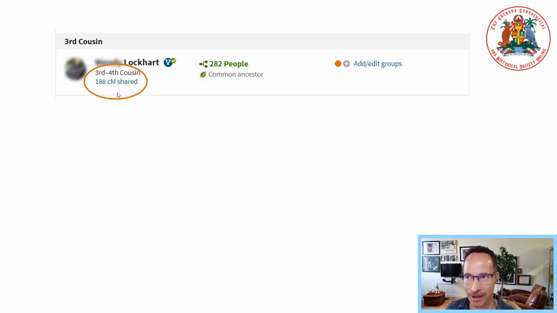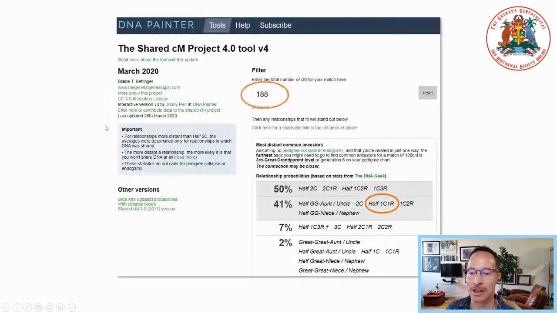This is completely wrong. And one thing on Ancestry and 23andMe is you cannot use these categories at all. What you do instead is you take the centimorgan number, you go to a tool called DNA Painter Shared CM Project. You can Google it, but I'll give links at the end of the presentation. You enter the number here. These are the only possible relationships that I could have with this person. Since I know who she is, I know that this is our relationship. And this tool is extremely valuable because it will rule in and rule out different things.